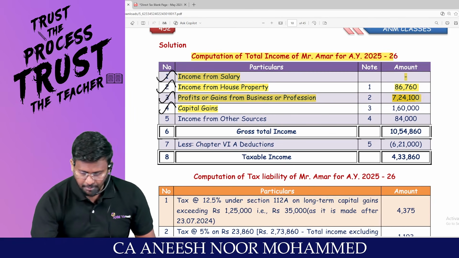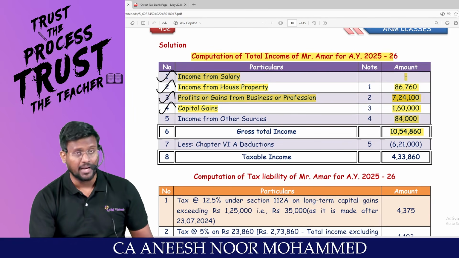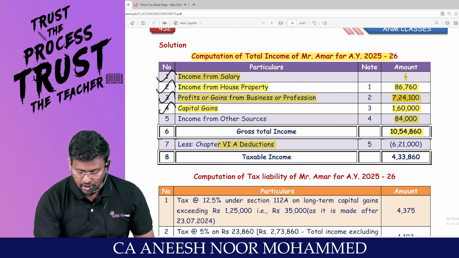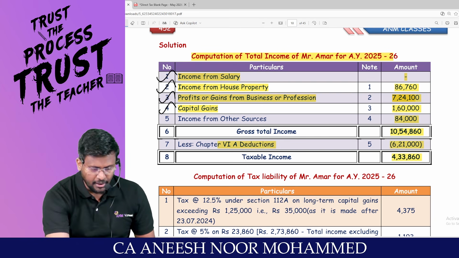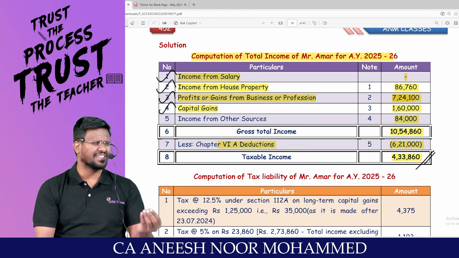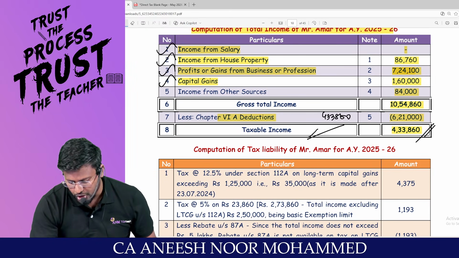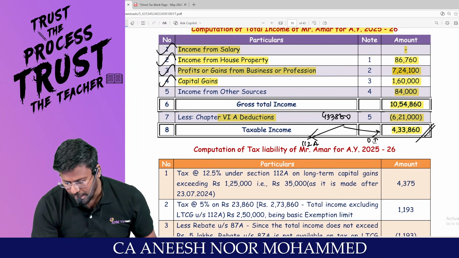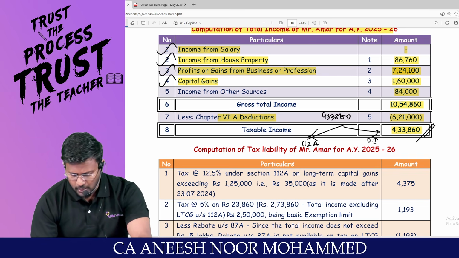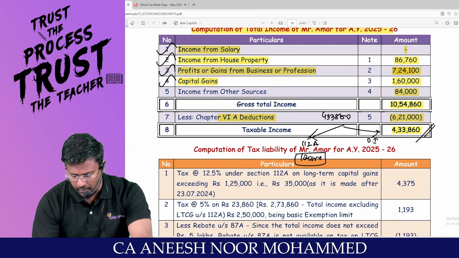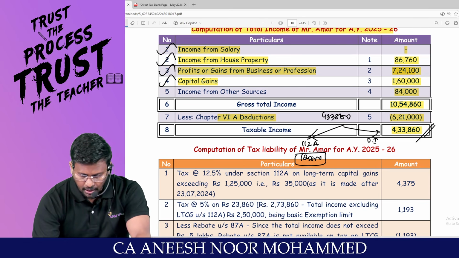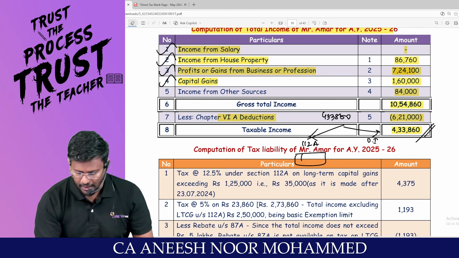Look at the computation, man. Sir, we have calculated capital gain and we have calculated IFOS. We landed up with gross total income. We have reduced chapter 6A of 6,21,000. You will be getting total income of only 4,33,860. Even that 4,33,860 comprises special income, which is 112A, and other income. Am I right? Sir, what is 112A? 1,60,000, not 1,25,000. My dear lovable students, 4,33,860 minus the capital gain of 1,60,000 comes to